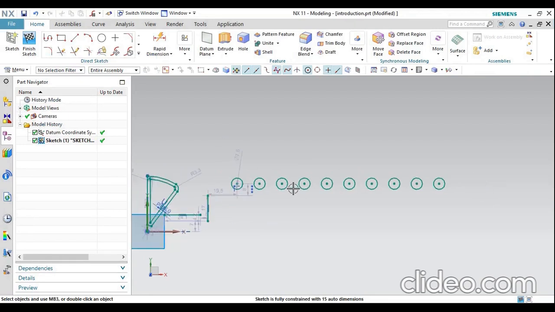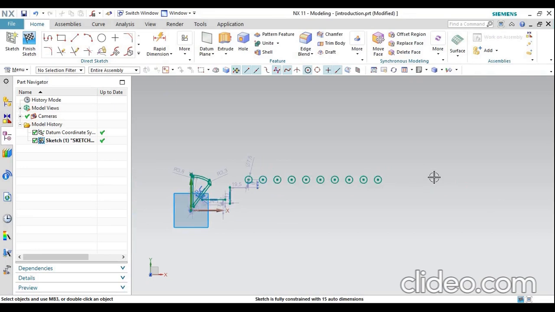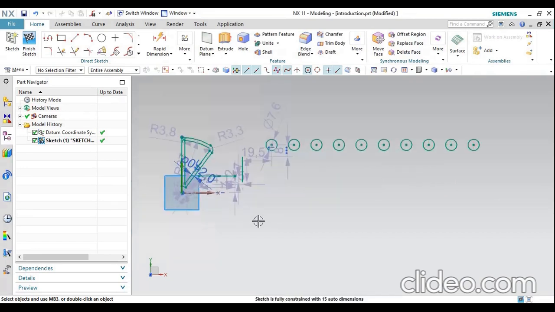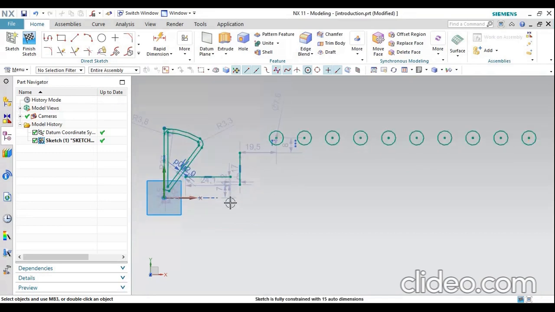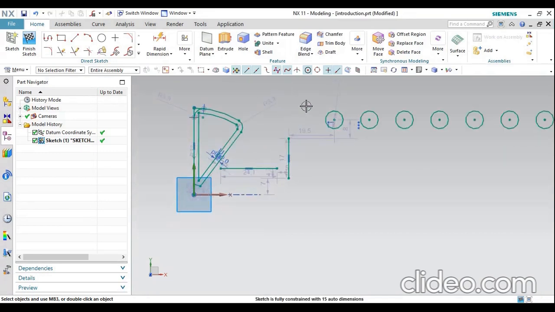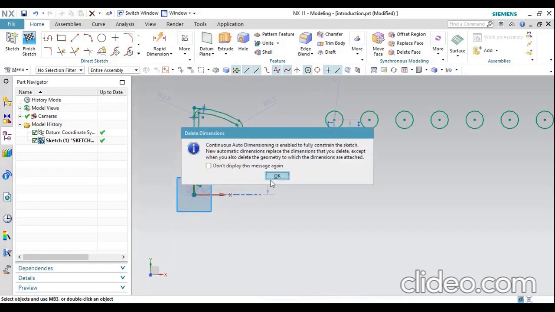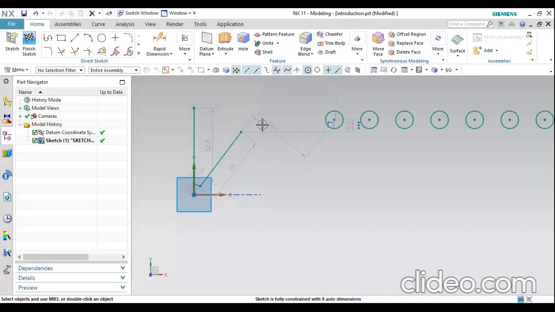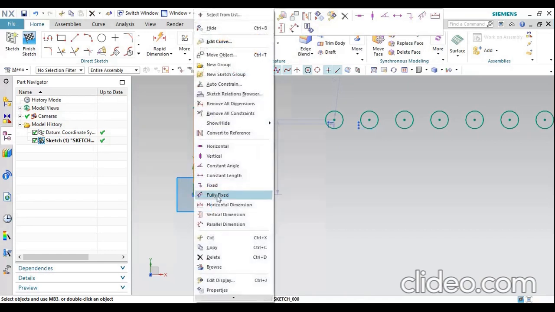If I want to select a circle pattern, for example, please delete all these things. So please select and delete. Okay, right click, delete.